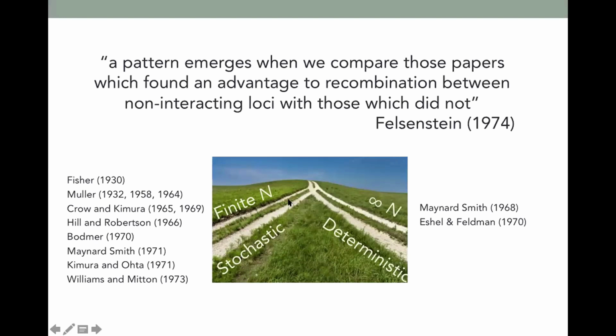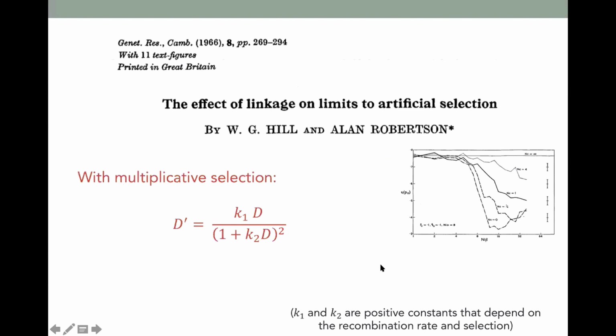Okay, that's interesting, but it's somewhat puzzling because one normally thinks of drift and stochasticity as just adding a little bit of noise to a system, not fundamentally altering the direction in which evolution occurs. And yet here we're seeing an advantage to sex in stochastic treatments that we don't see in deterministic treatments. Well, let's dig in a little bit further.